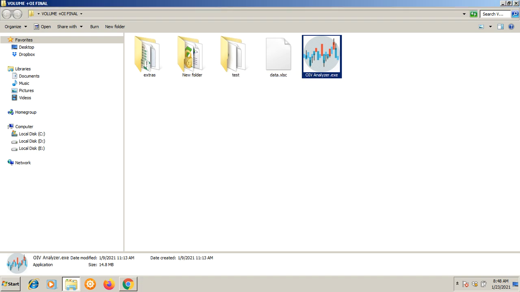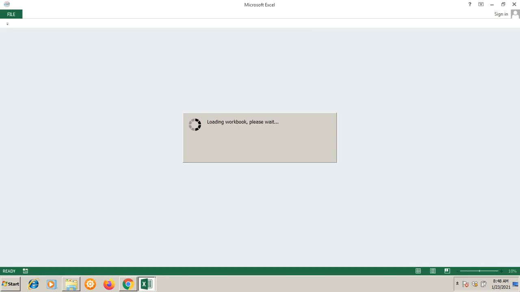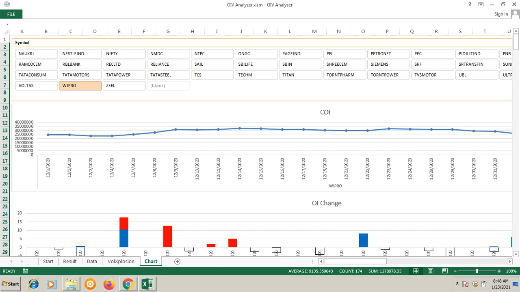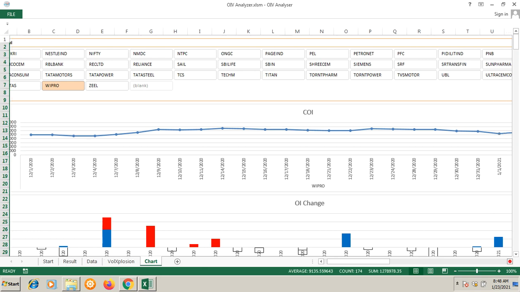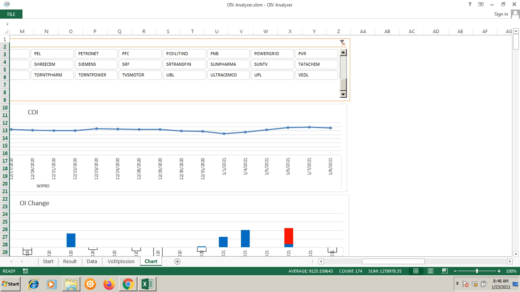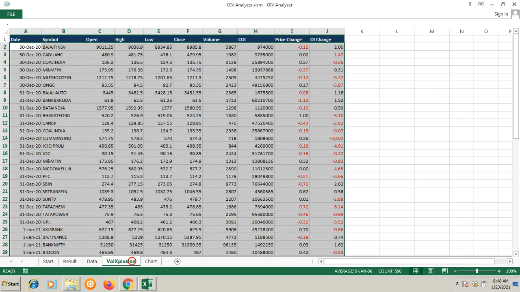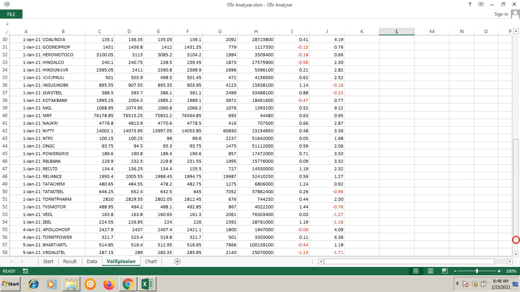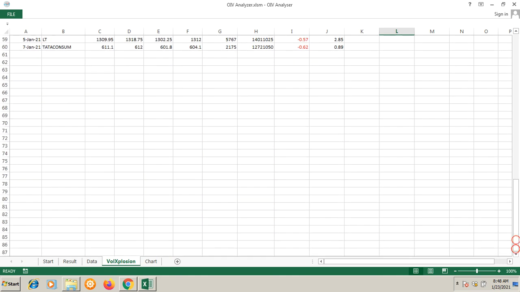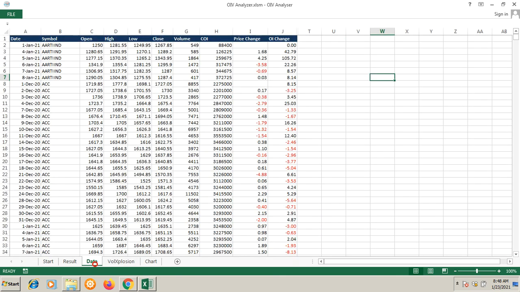This is the original workbook which you will see. Now just watch till what date the data has been updated. Data has been updated on the file till 8th Jan. This is the original workbook. This is what you will see, correct? Now the sheet Vol Explosion will automatically give you the names of the stocks which are under Vol Explosion. It is there till 7th. The data is the current data which will get updated after you update the CSV. We'll come to that in a moment.